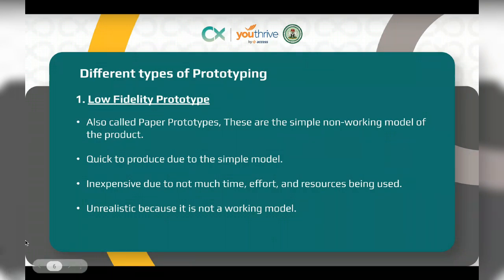What are the different types of prototype we have? Different kinds of prototype. We have the low fidelity. It's just the same way as for the wireframing. It's just the same. Just that I will say in my own